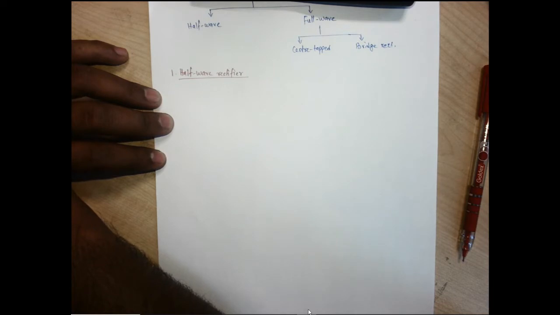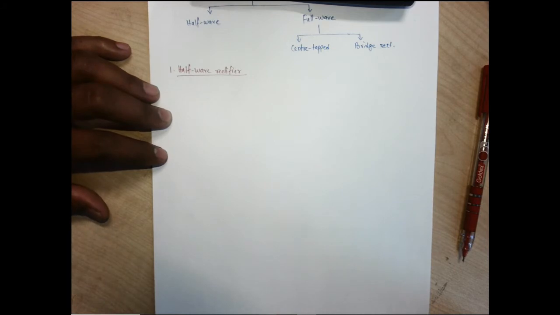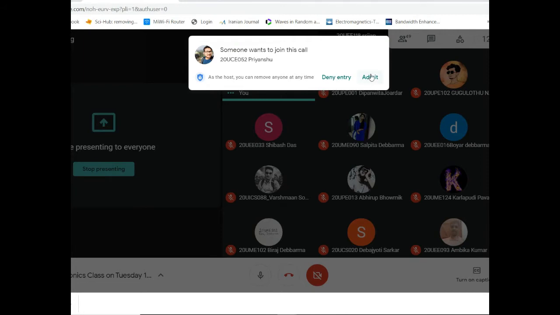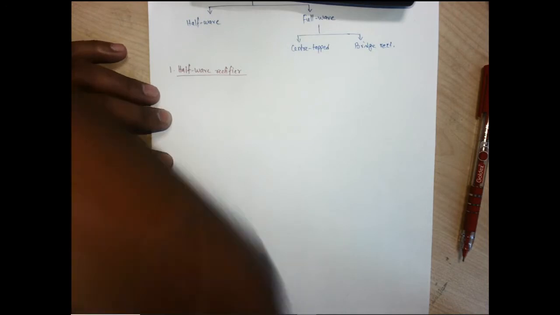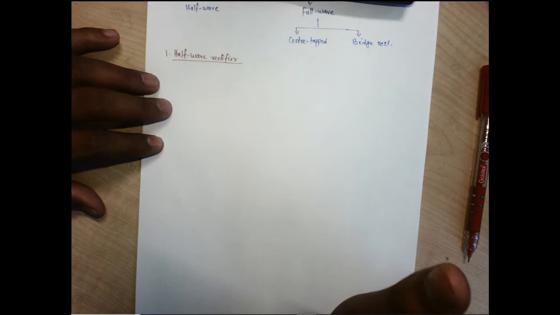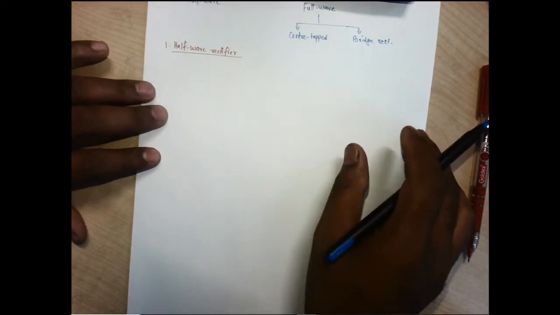So what is the purpose of using this rectifier? A rectifier is used to convert this sinusoidal input, which has average value 0, into a unidirectional waveform with a non-zero average component. So this is all about the rectifier. We know all those things. So the first circuit is our half wave rectifier.